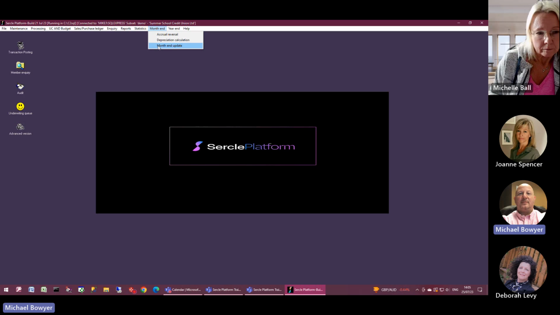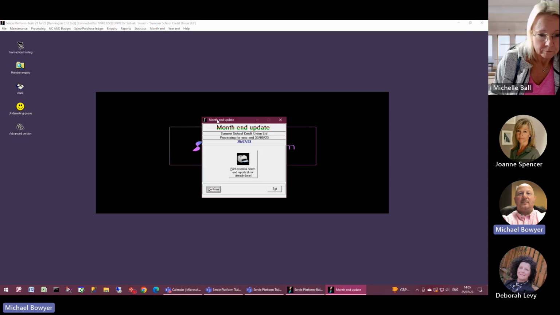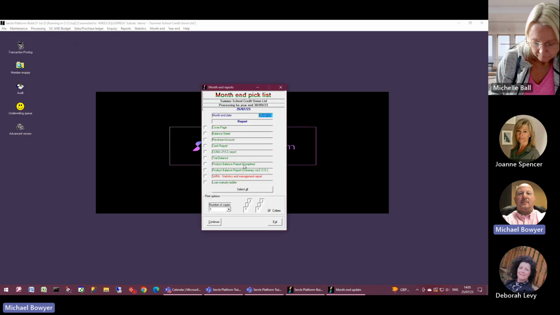But the reason I wanted to come into that was this button here that says print essential month end. This was our little attempt at a one-stop shop for you to produce documents that the board might want in one go without navigating to ten different programs. So print a cover page if we want, which would just detail what's in the pack. Do you want a balance sheet, revenue accounts? That's just another term for the profit and loss account. A cash report is just an